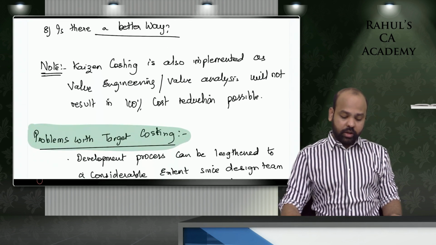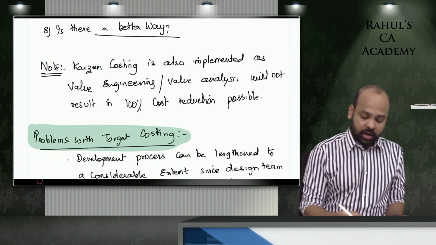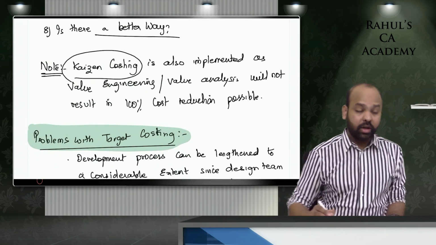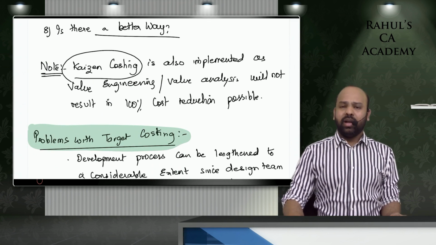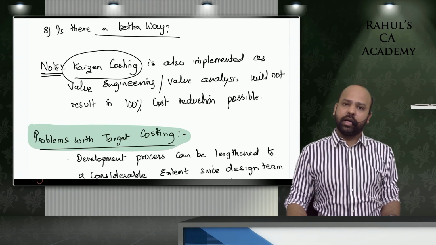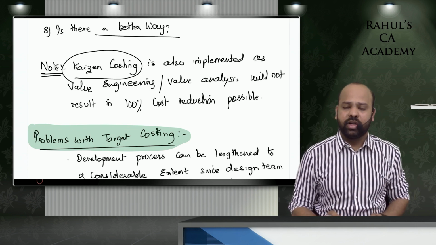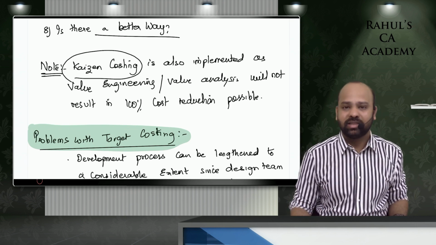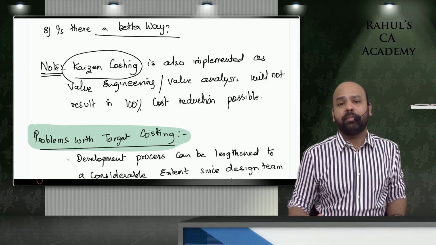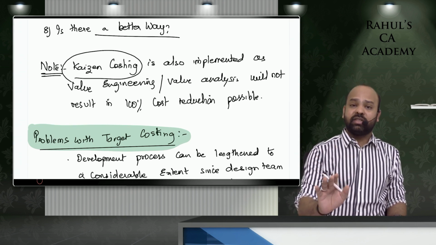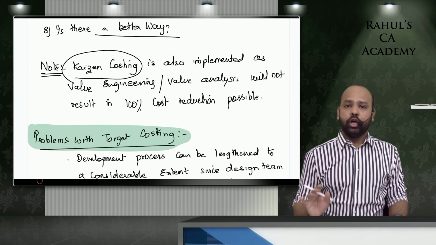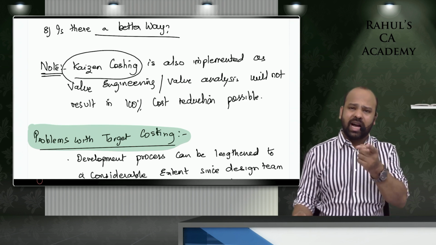So guys, now note, it is not just value analysis and value engineering. Kaizen costing will also be implemented. Kaizen costing is also an integral part of target costing. Target costing is cost reduction, guys. Every possible thing that is resulting in cost reduction will be an integral part of target costing. Target costing is telling us this is the cost reduction target. You will have to reduce your cost by so much. What to do, you know.